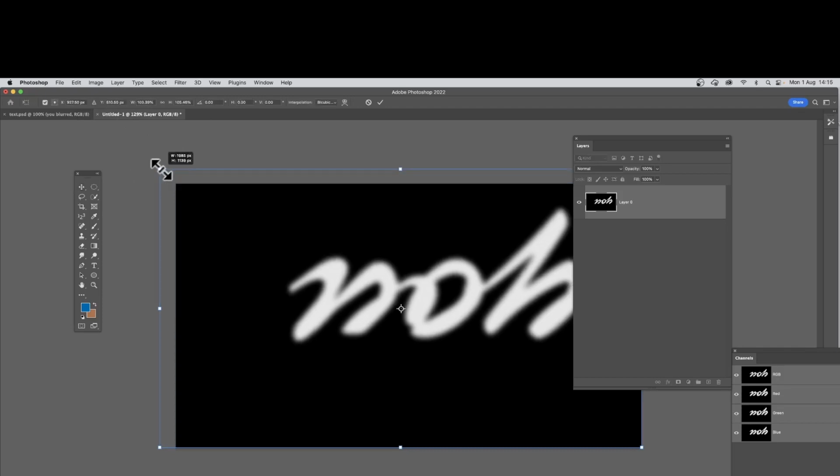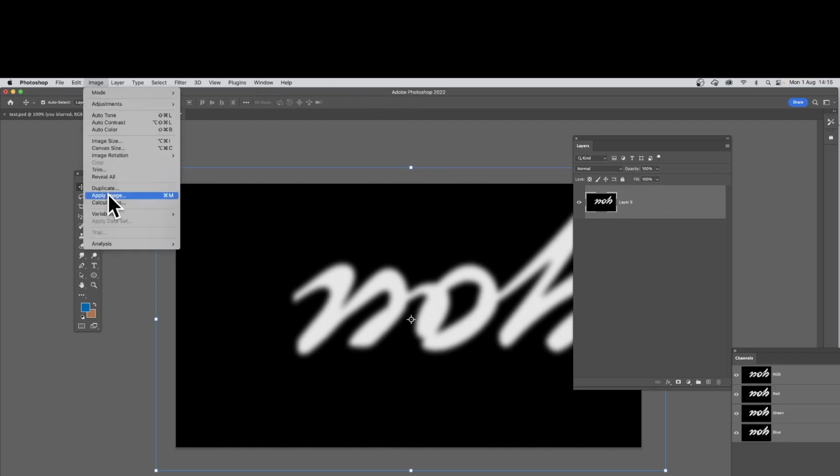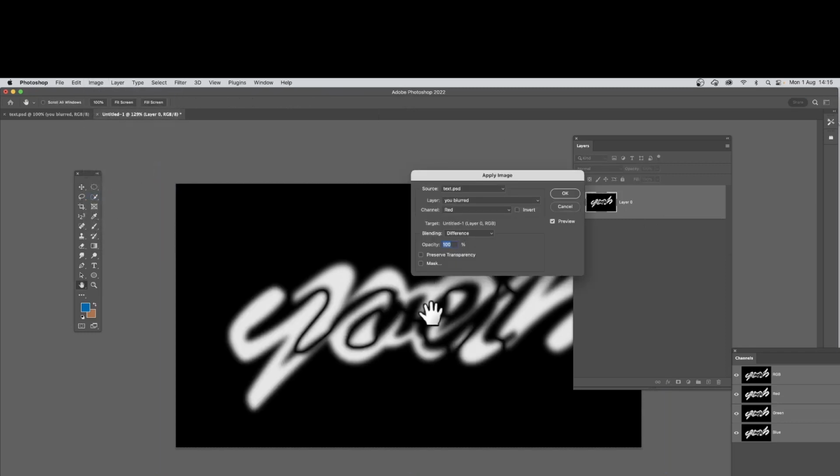You can make it bigger. Maybe resize it. Not good going the other way. So you might just want to resize it a little bit, only a little bit. Don't want to push it too far. Press return. Still a layer, you can go to image and apply image. And now you can see the word, obviously that "U blurred" again, combined this time, but of course it was